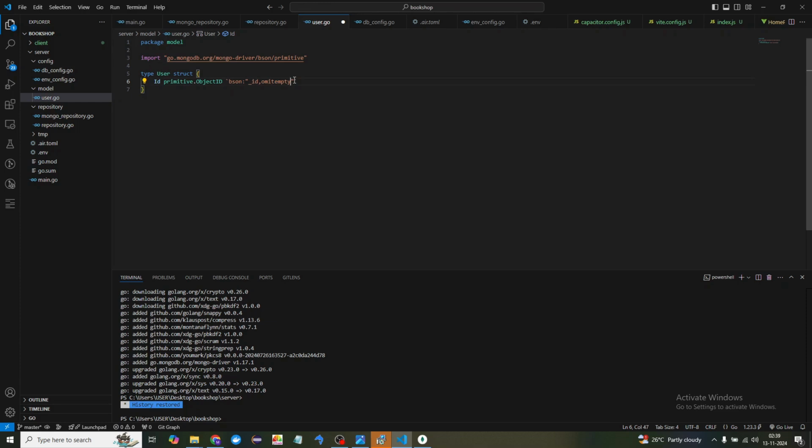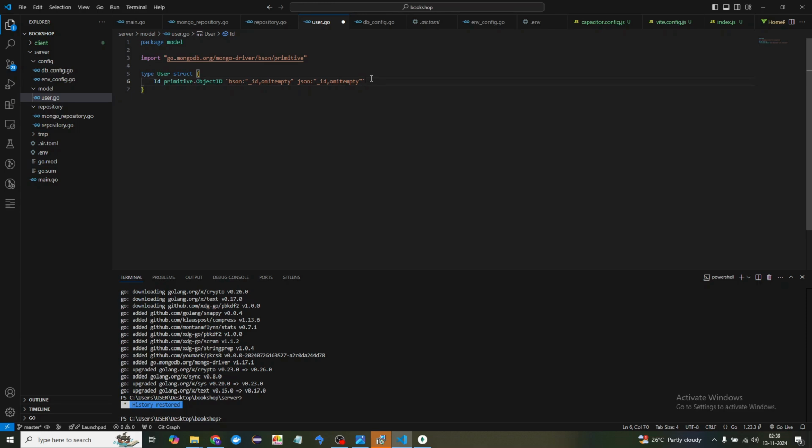And then finally, when we are going to fetch this collection, we want the data in the JSON format. So how is it going to map this, in the same way, if it is going to be empty? This is how we are going to define all the fields in our